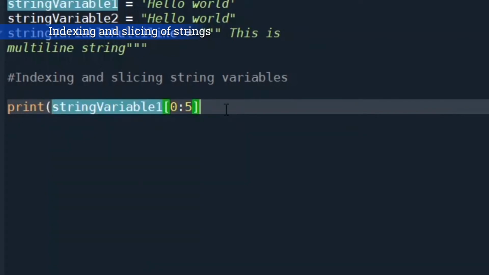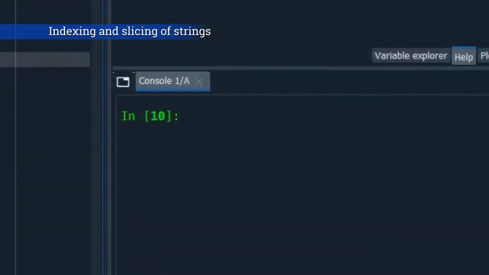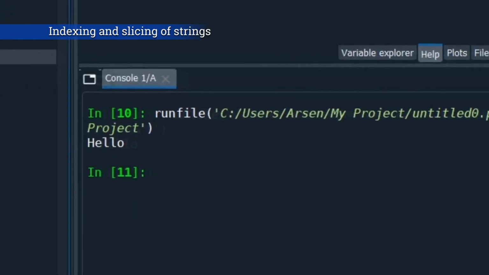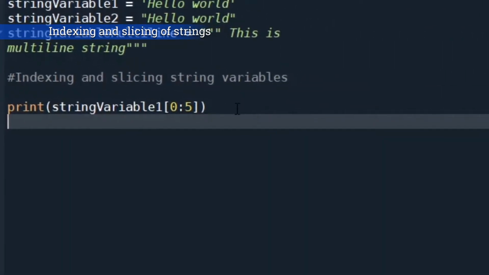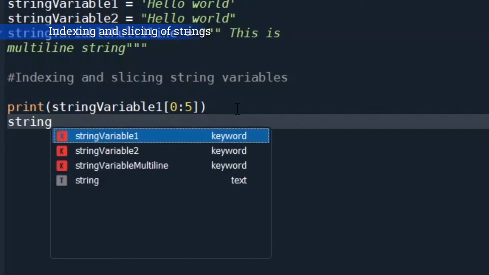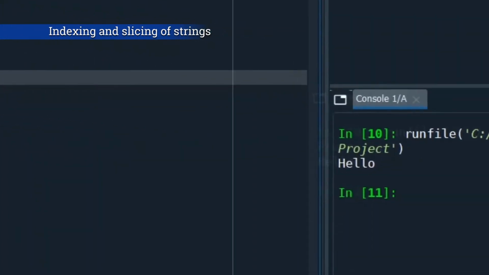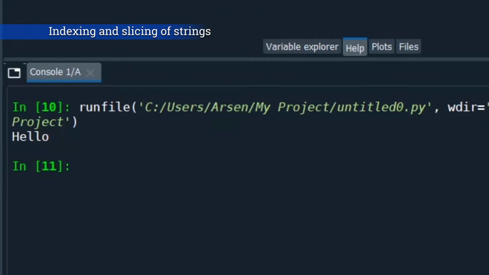And if you want to access, for example, the first character of the string, you should type the string variable name, square brackets, and 0. If you want several characters of the string, for example the first 3 or first 4 characters, as can be seen on the screen,